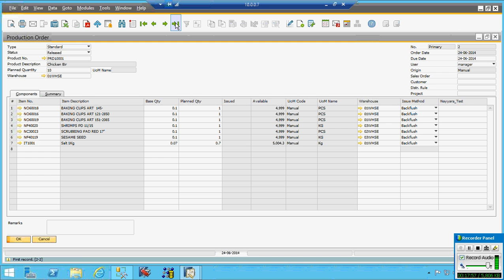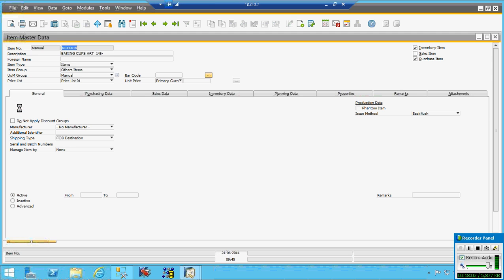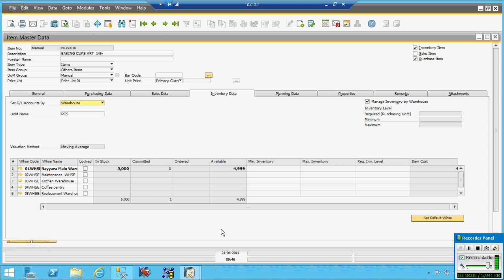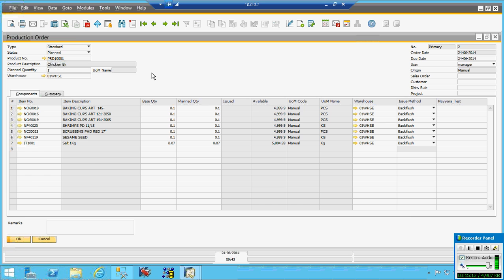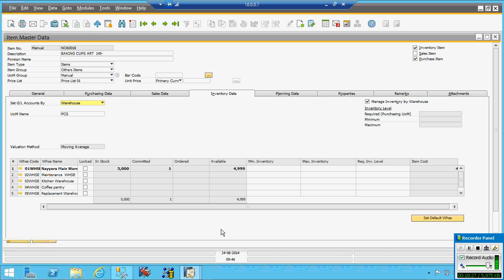This is our item. Now if you see the scope of this item, you go to inventory. See, this commitment is nothing but a production order and not the sales order. It gives information that there is a requirement, there is some sales, there is some production. So this requirement is from production. Then they are going to consume this quantity and the system has automatically supplied the quantity. You see it.